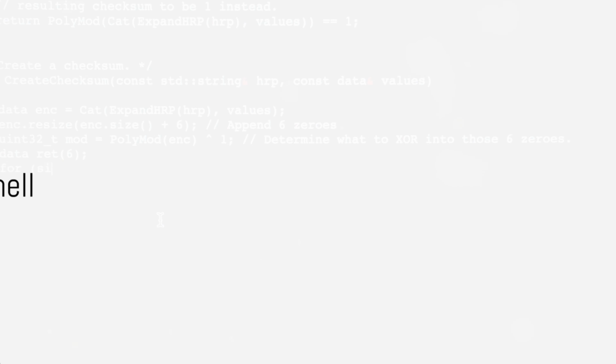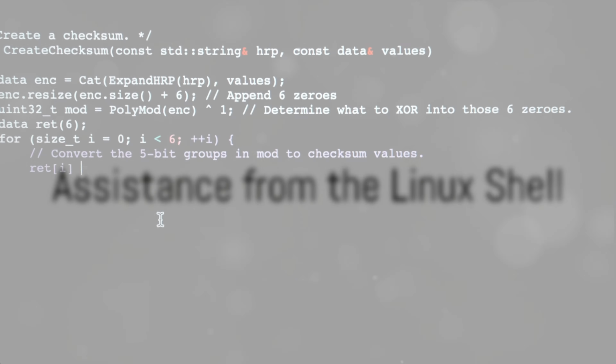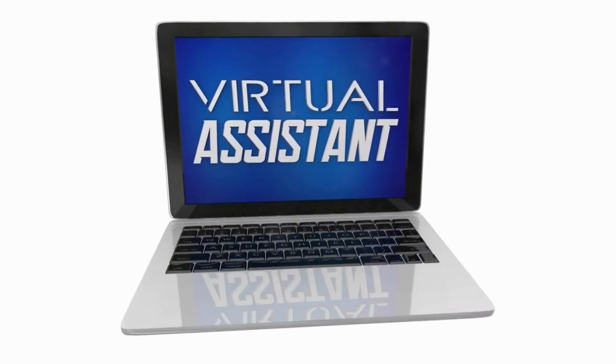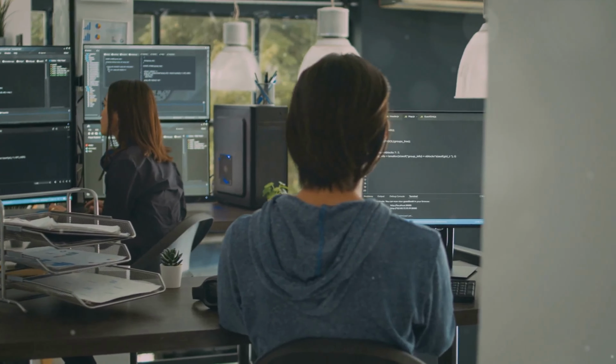So remember, you're not alone the next time you use your Linux terminal. You have a powerful assistant, the Linux shell, ready to help you navigate the complex world of your operating system. When you type a command into your Linux terminal, the Linux shell works hard to ensure your commands are executed